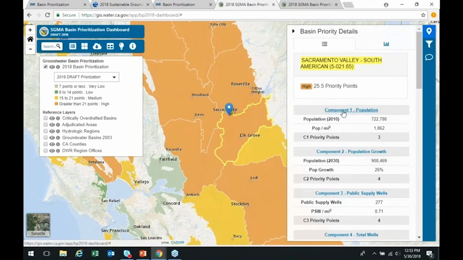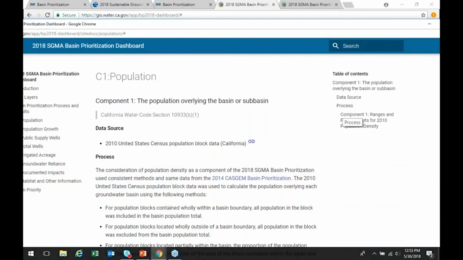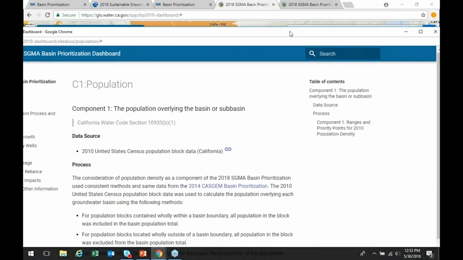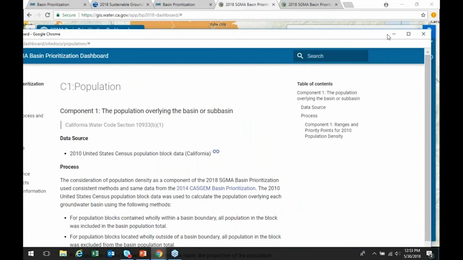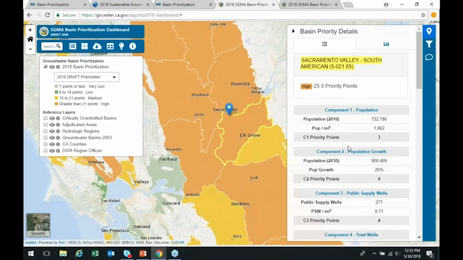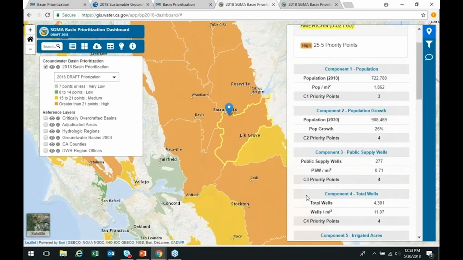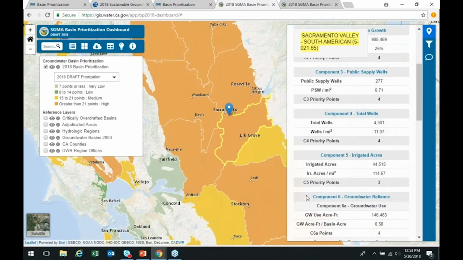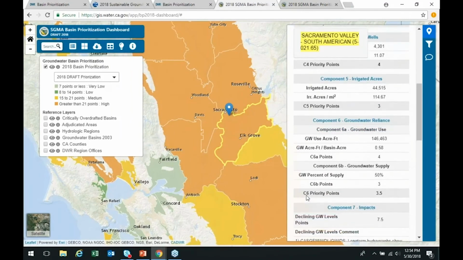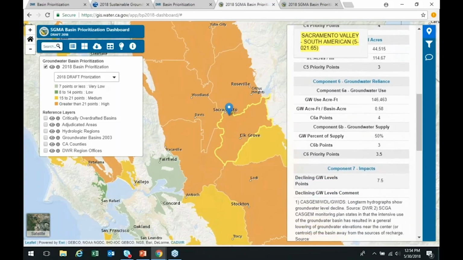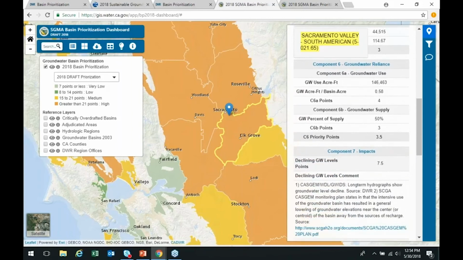If you're interested in what that component is, you can click on the component title there, and it gives you the information related to that specific component. So components 1 through 8, all this information is here for every basin in the state. So all the 517.